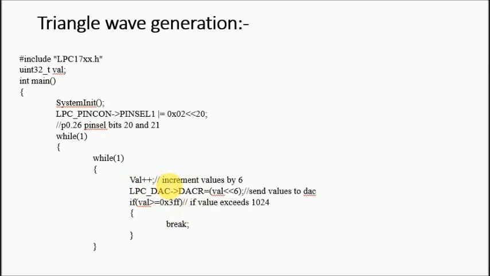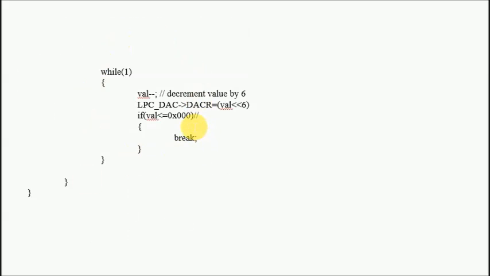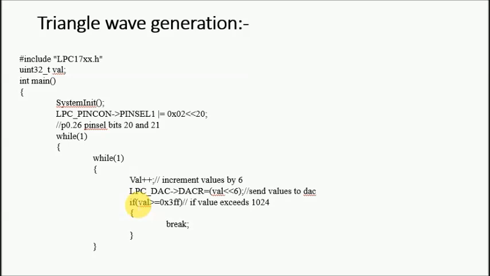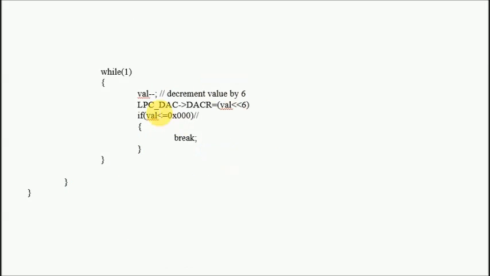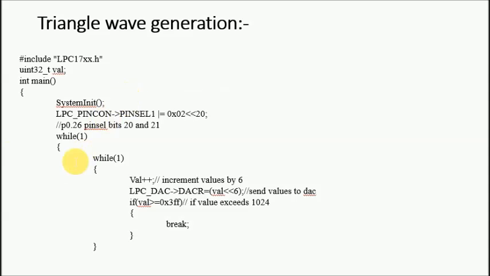So this will be the positive slope. This routine gives you the positive slope. After execution of this routine, we have the next routine, which gives you the negative slope. Again after execution of this, we are getting the positive slope, and after that, the negative slope. And this is a continuous process because we are using an infinite while loop, and thus we are generating first incrementing, then decrementing, then incrementing, then decrementing, and thus we have the triangular wave.